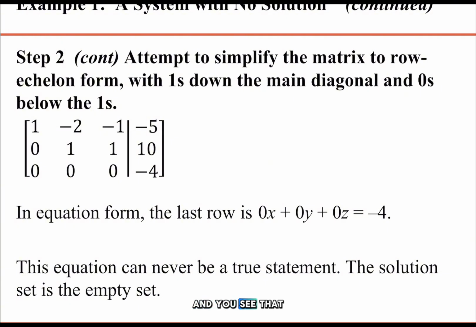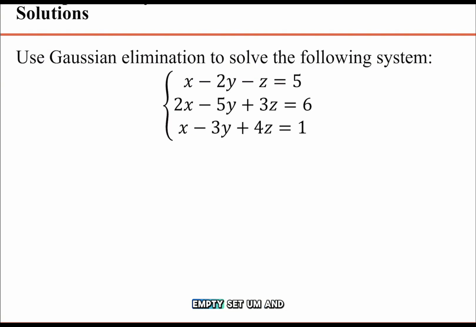And you see that your third row has no z. So it says here that this is not true. You have no 1 on the diagonal in the third row, so it has an empty set. The solution is the empty set. And then here,